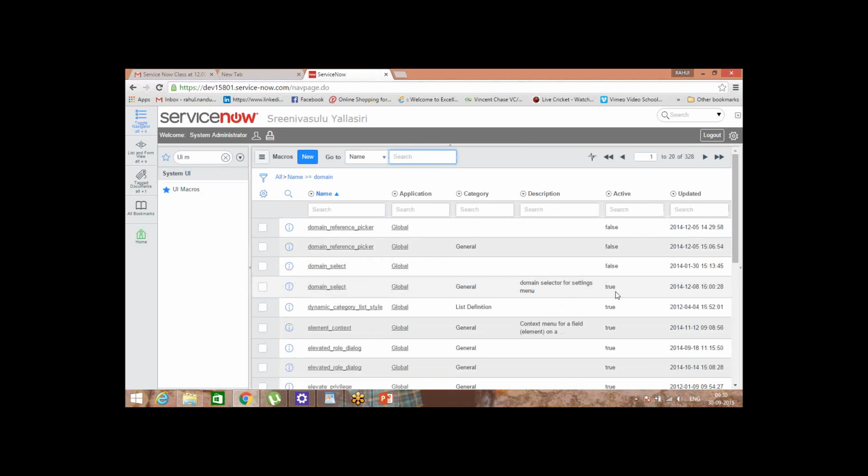So did you see, is this true or false? A domain selector for settings menu. What is the status for this? Active, true or false? It's false. So double click on false. There is a drop down you will get. So click on true and hit the save icon.